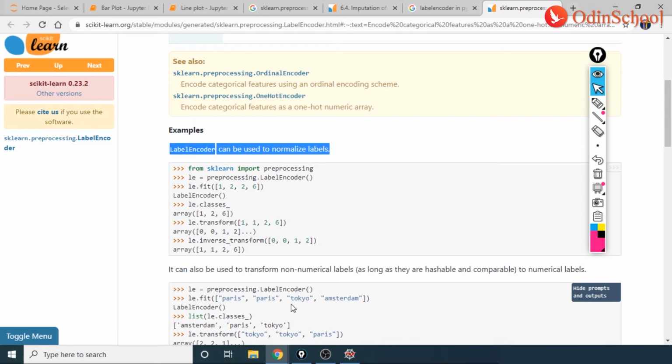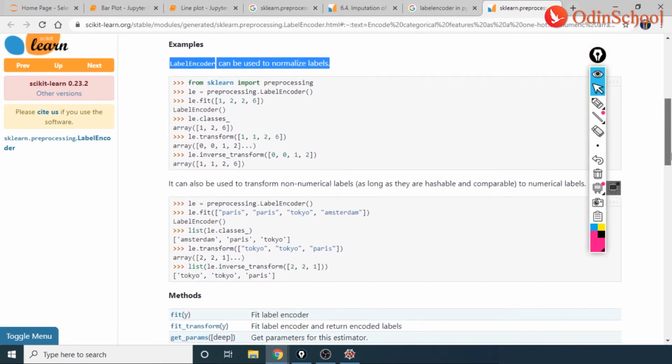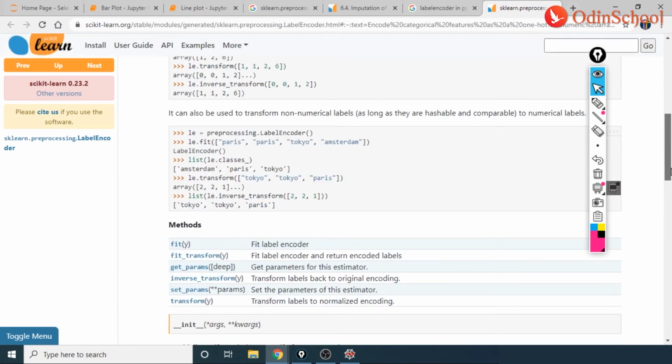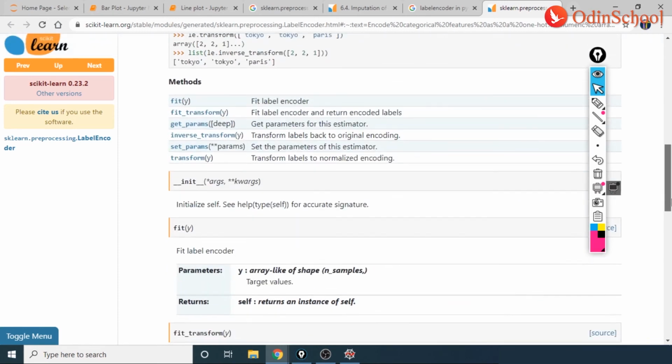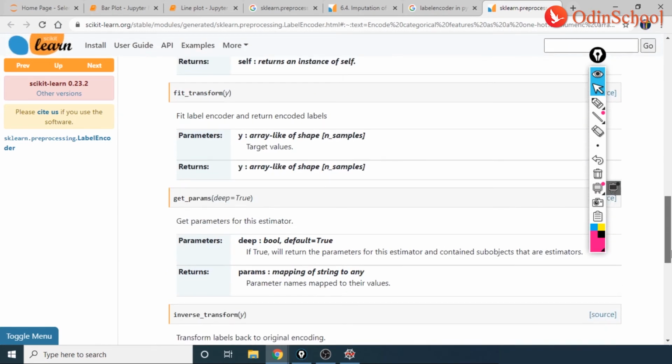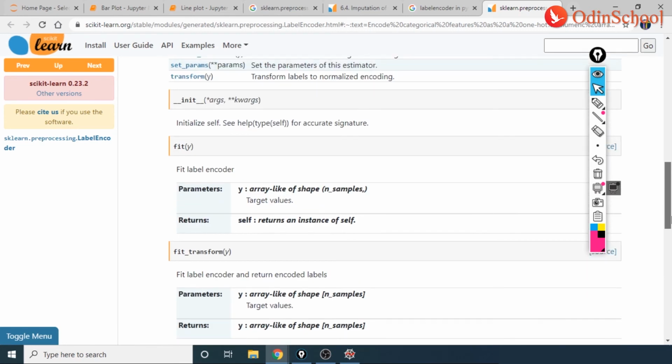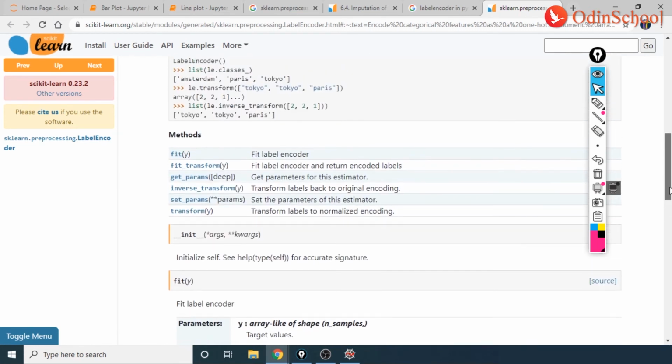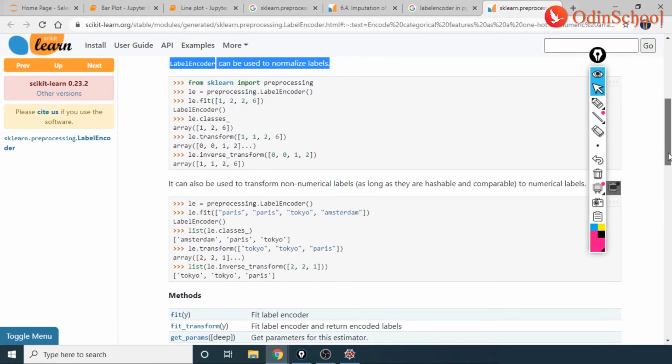So here you see you have Paris, Paris, Tokyo, Amsterdam. You have some list of countries. Now I would want to change them into zeros, ones and twos. And whenever we work on things like these, you would be noticing that you have zeros, ones and twos that would get executed.